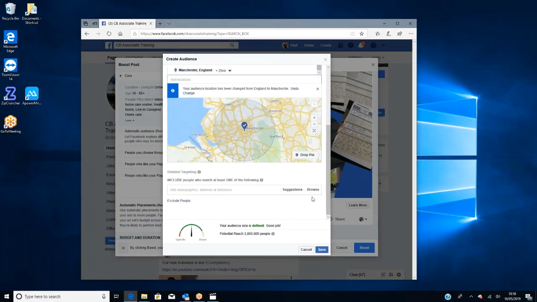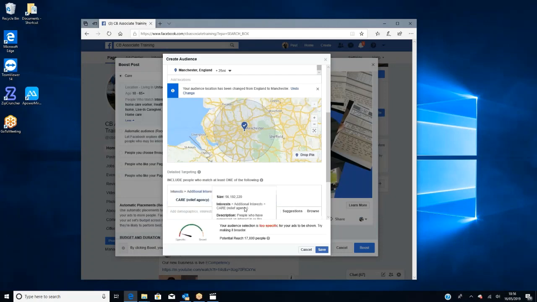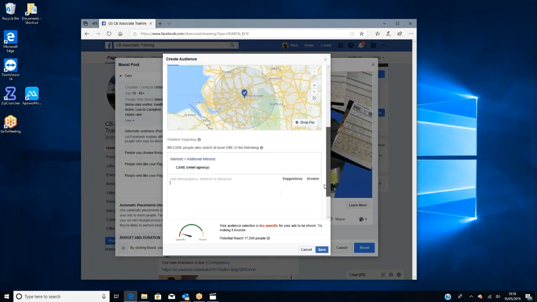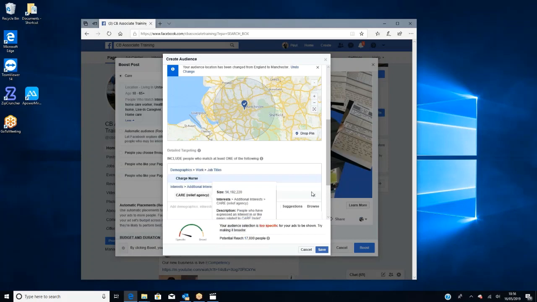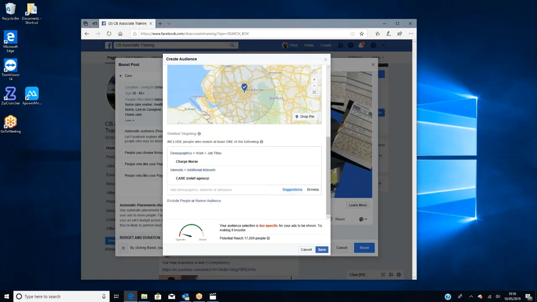And the target audience is actually looking at keywords, so interests and behaviors. So let's just say I put caring at first. So that can be agency that I'm targeting there. I could decide that actually I want someone that is a nurse. So we'll let that one. Is it a student nurse? Is it a charge nurse? I could have gone down different routes, but what you're actually doing is you're starting to build up your coding for who is going to get this on their wall.